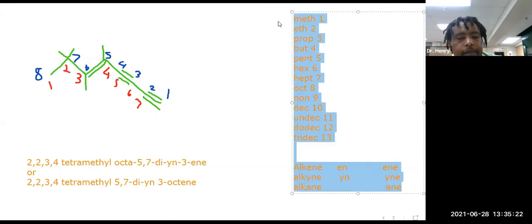Next thing that we're going to be talking about, we've talked about double bonds, we talked about triple bonds, and we've talked about single bonds. So now we're going to talk about other functional groups. The next functional group we're going to be talking about are